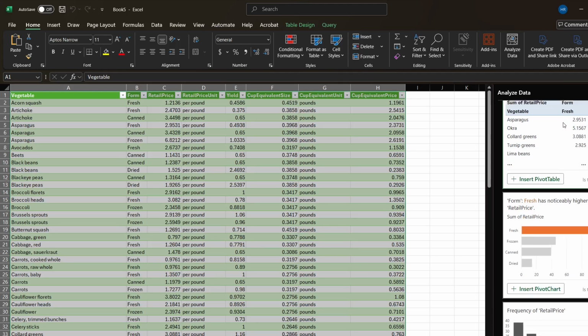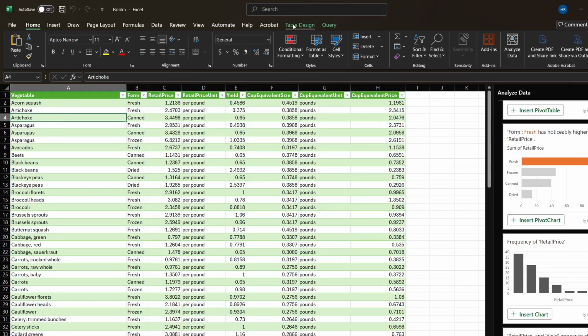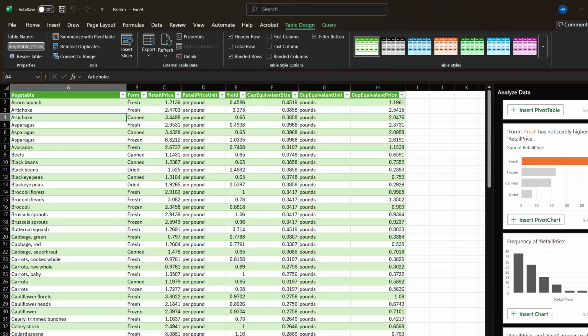As I scroll through some of these, I like the idea of taking the different forms of vegetables I have and separating them by average retail price for each form. To do that, I'm going to go over to Table Design, and I want to copy this table name. That's how I'm going to access the data in here when I make my first pivot table. So I'm going to go to a new sheet,